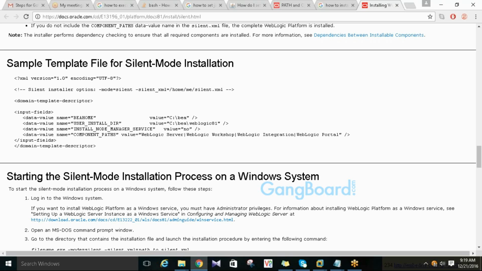But no one is using silent mode right now. In my whole career, I never found anyone who is using silent.xml, because people are more comfortable installing WebLogic through CLI mode. It is very easy and very fast. And most of the people who are not aware of the CLI mode are using VNC server or X Manager for installing WebLogic. But they will ask it in the interview question for sure, just to find out. That is not a problem.